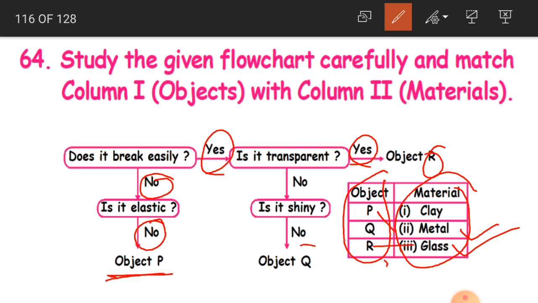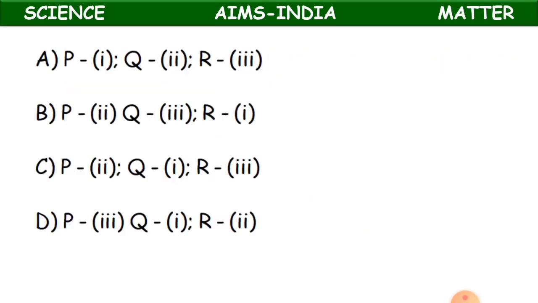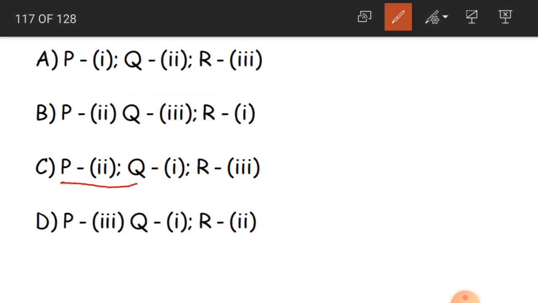Now what is remaining? Q. Is it transparent? No. Is it shiny? No. So that is the object, that is clay. Clay is not transparent and clay is not shiny. So Q is equal to 1. So this is our answer. Clear? Yes. So P is 2, Q is 1, R is 3. So C is our correct answer. Clear, children? Now the next question,